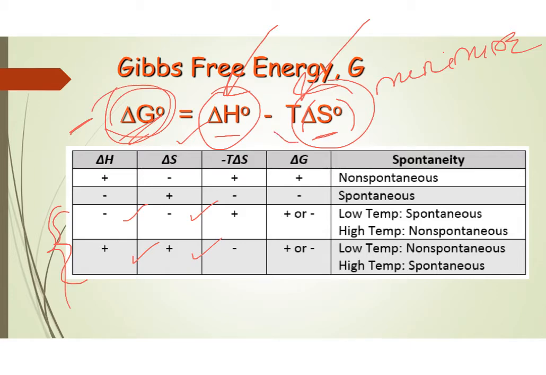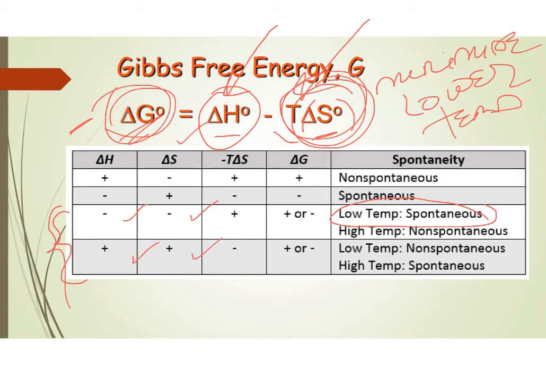So we want to minimize that whole term. How do we minimize this whole term? We do so by lowering the temperature. So notice here, if both enthalpy and entropy are negative, then low temperatures will favor a spontaneous process. At high temperatures, the entropy will predominate, and since it's not favorable,